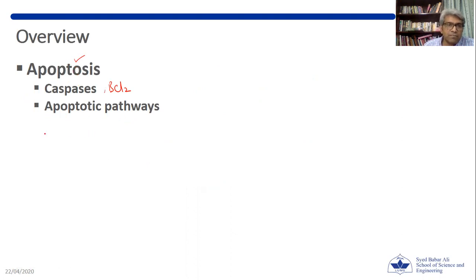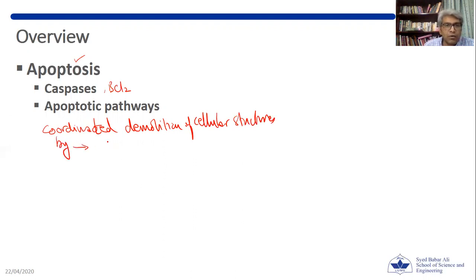So apoptosis is a self-destruction in an orderly and highly controlled manner. This is the coordinated demolition of cellular structures by special proteases called caspases. Now, an apoptotic cell has characteristic changes in its morphology, and these characteristic changes are condensation